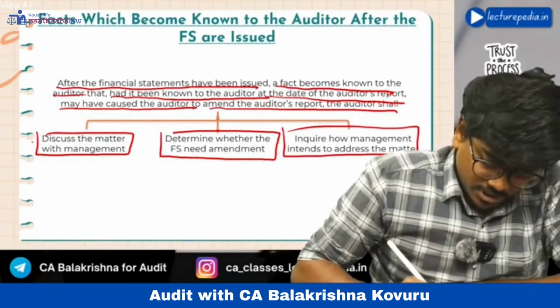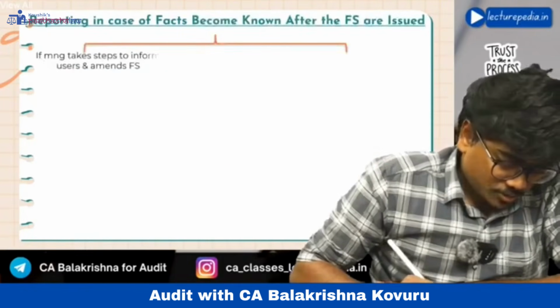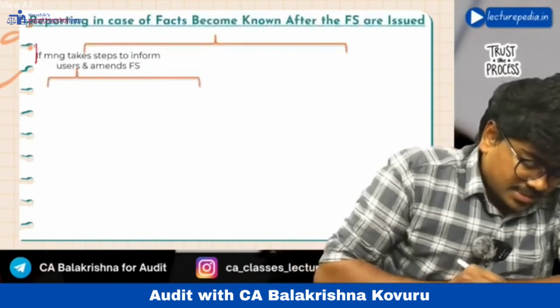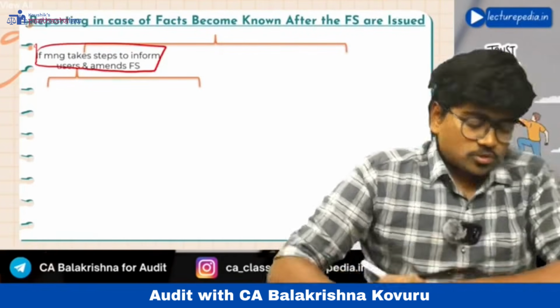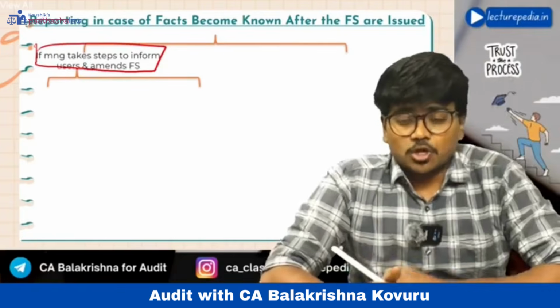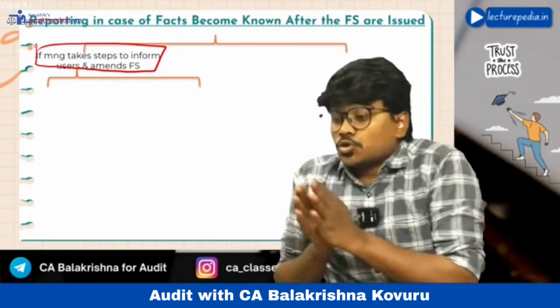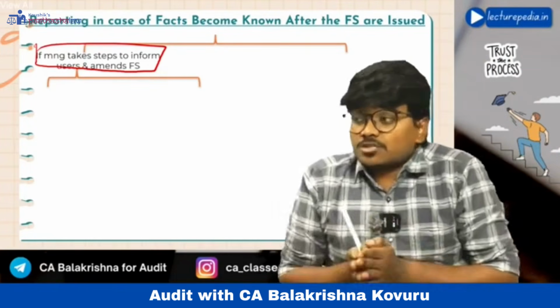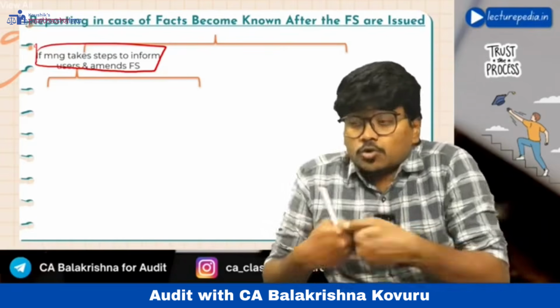Now going to the reporting part, see how you will report. If management takes steps to inform users not to rely on the financial statements that we have given you, and that we are going to amend them,